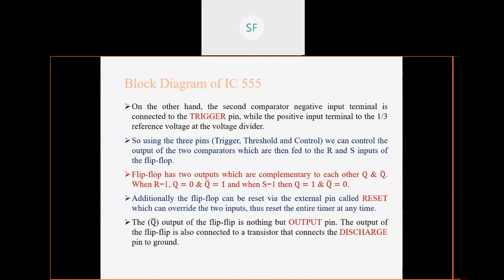Whenever we reset something, it will again start from 0. So you can remember this by using this analogy: when your reset input is high, Q will be 0. And once Q is 0, Q bar will be 1. Don't remember these two values. Just remember the value of Q only, because if the value of Q is 0, then Q bar will be its complement. So remember like this: if the reset input is high, then the value of Q is 0.